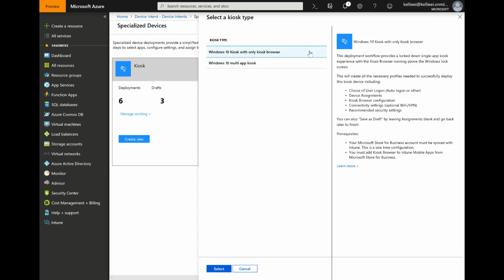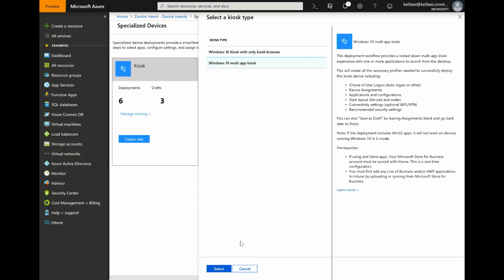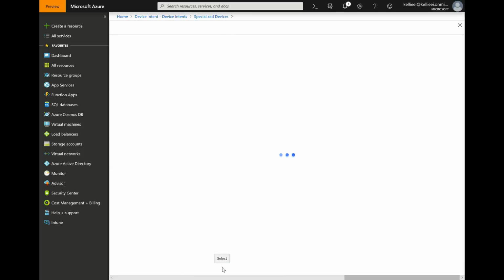And here there are 2 different types of kiosks that are available in this deployment. One is a Windows 10 kiosk with only kiosk browser, and then a full description of what it will provide, and then a Windows 10 multi-app kiosk, and this is the one we're going to go through. It's a little more complex than the single app. So once you select Create New,